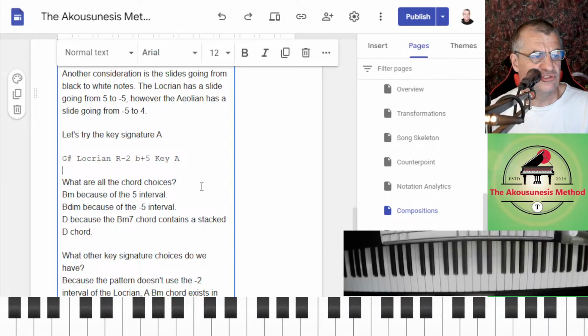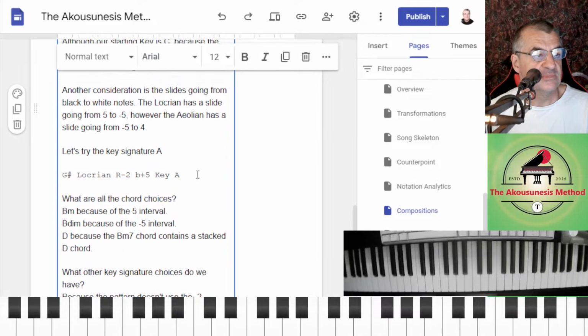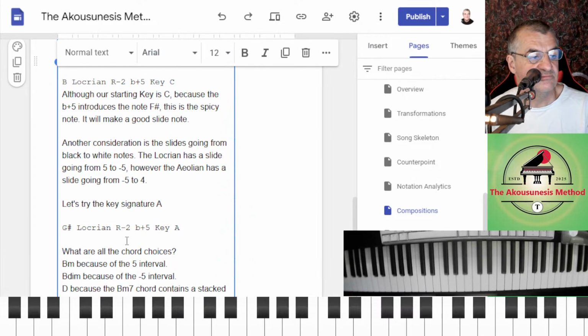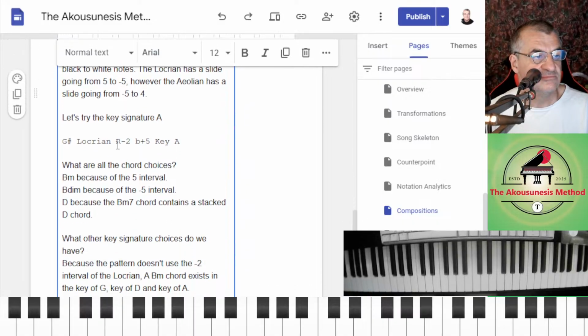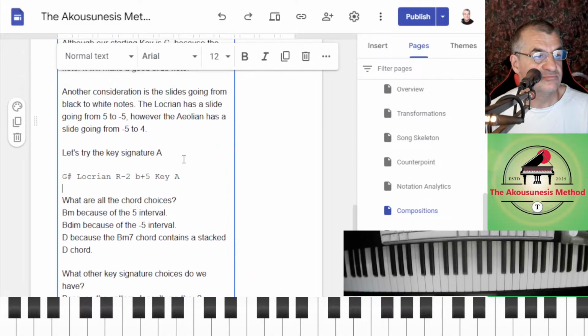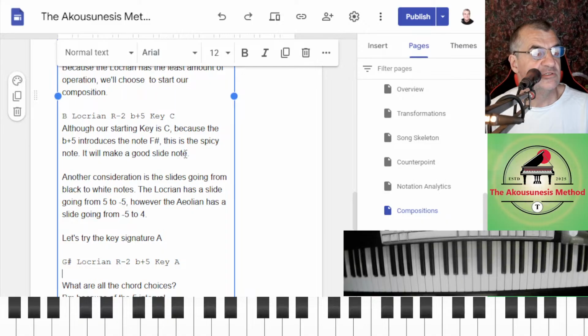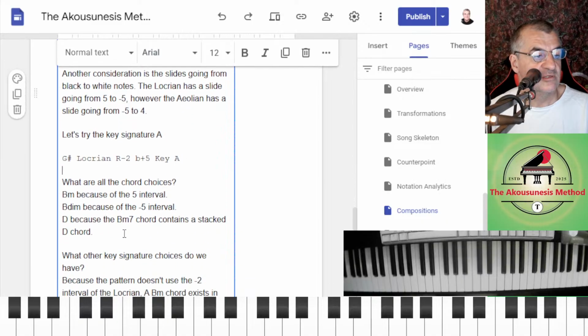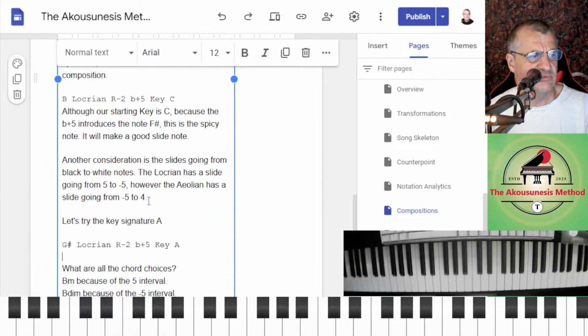What are all the chord choices? Well, chord choices all can depend on what key you're in, right? So we were in the B Locrian, I think.